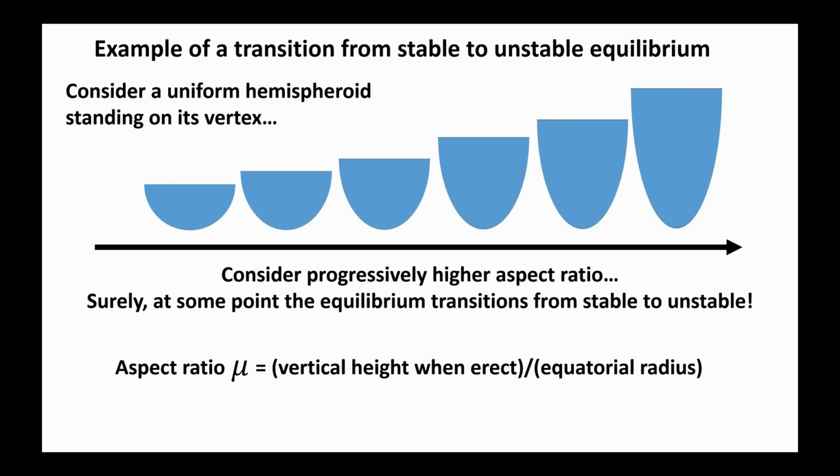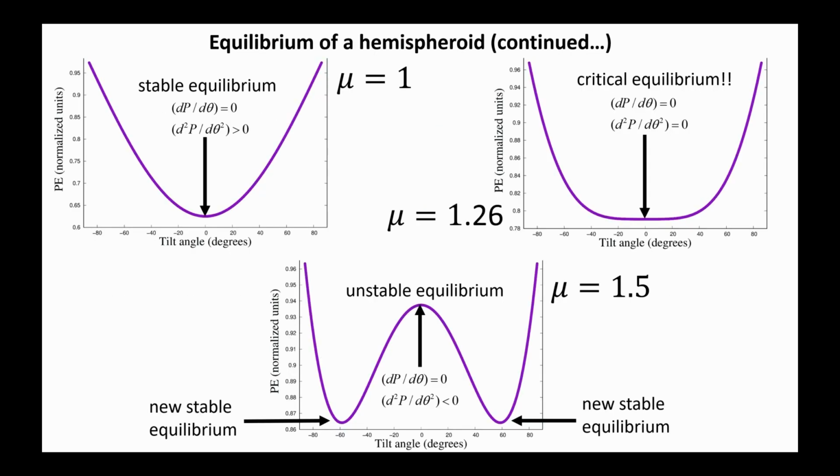But from intuition, you can already tell that as we consider higher and higher aspect ratios, and in this context, the aspect ratio is defined by the height at the erect position divided by the equatorial radius, so that makes the aspect ratio 1 for the hemisphere, there must be some point where the equilibrium transitions from stable to unstable. And these are the actual plots of the potential energy as a function of tilt